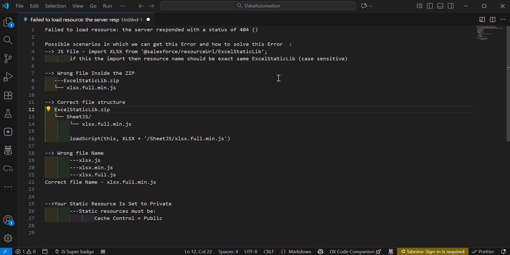So today I was working on one LWC component, and there I was getting one error, which is: failed to load resource, the server responded with a status of 404. So I have done some